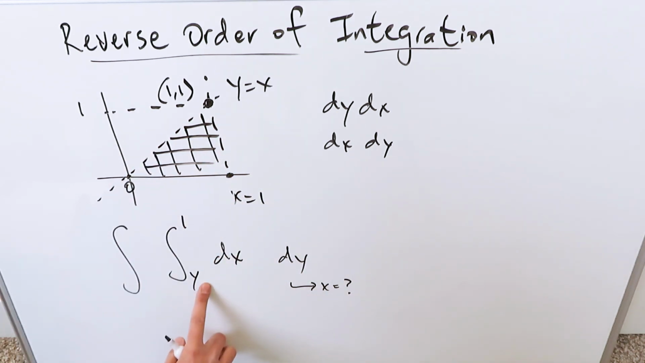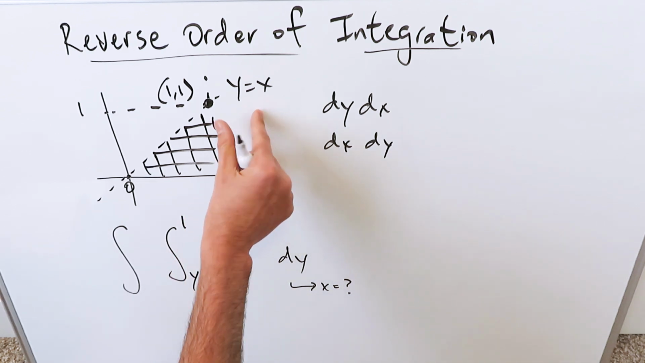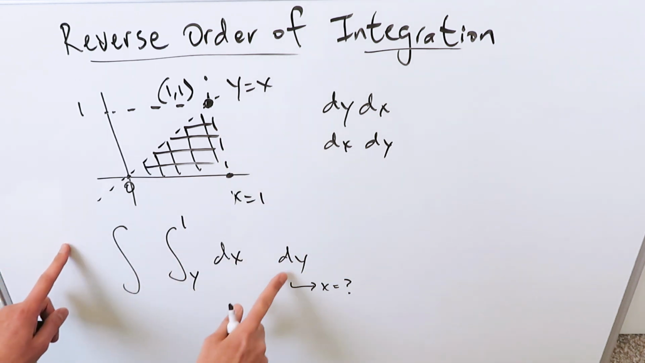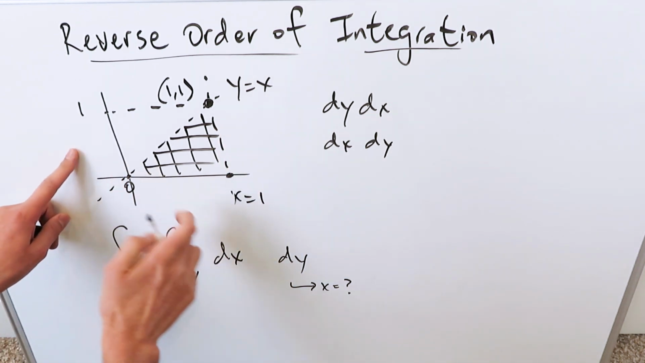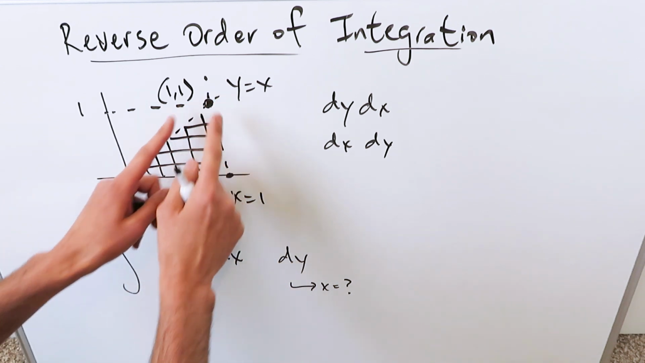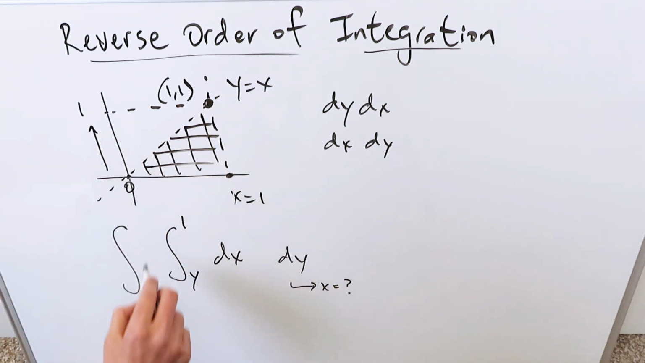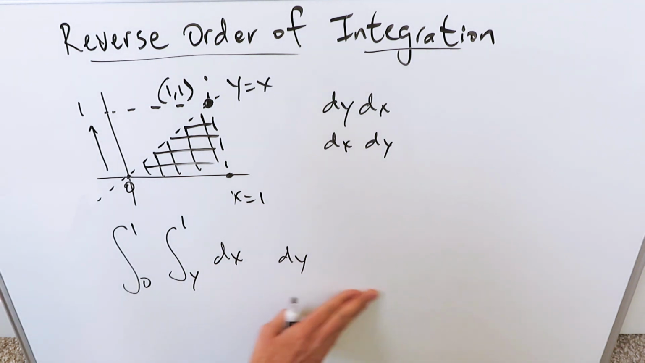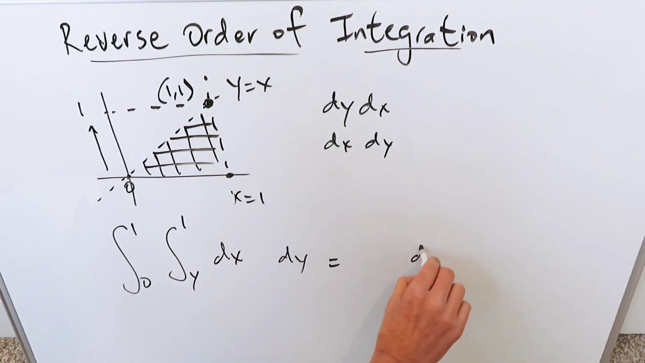The lower limit is x equals y, since y equals x, x is equal to y. My dy limits will be easy, they're vertical. You're going to track along from 0 to 1, 0 up to 1, and this right here represents your one integral right here. But then you can easily reverse the order of integration and represent it with a dy first,